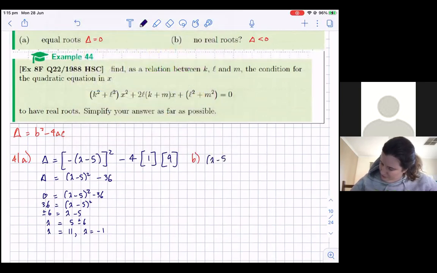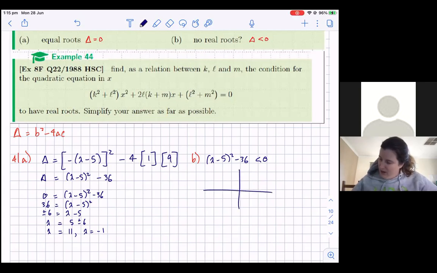Okay, now for it to have no real roots, that's when lambda take 5 squared take 36 is less than 0. Now, we know it's going to happen around the 11 and the -1. We don't know whether it's between them or outside of them. So the easiest way to do this is a really quick rudimentary sketch. We're going to treat lambda like it's just an x. So this is just a normal quadratic, concave up, like a smiley face, moved right 5 and down